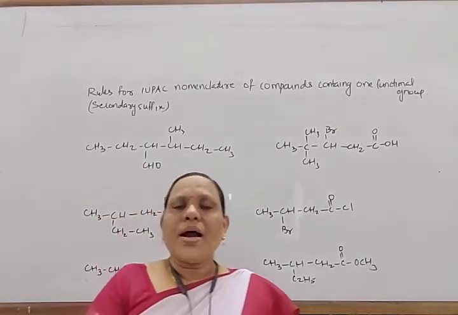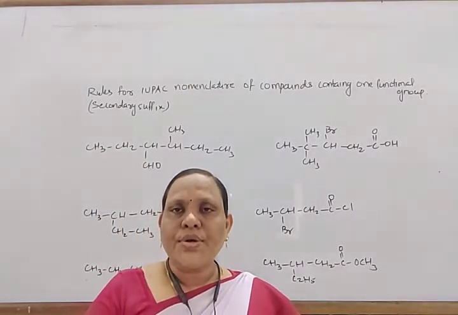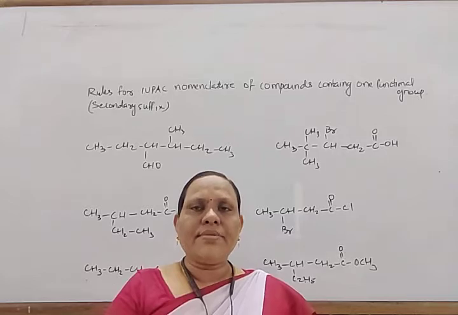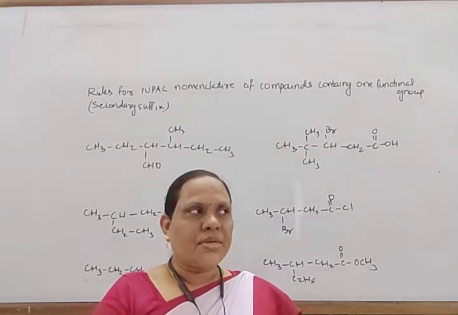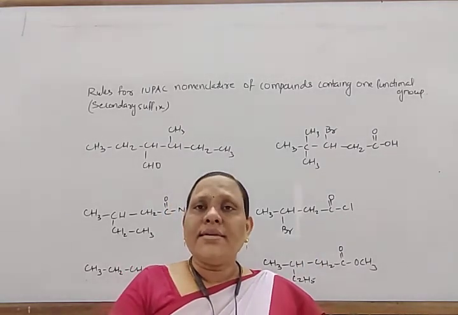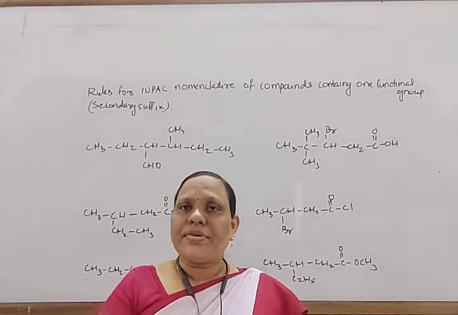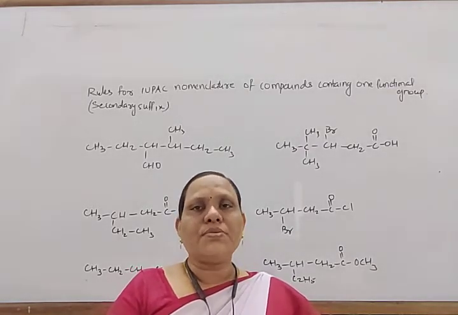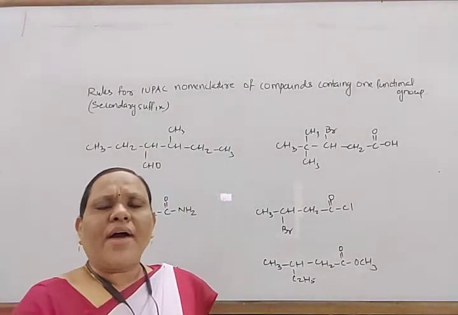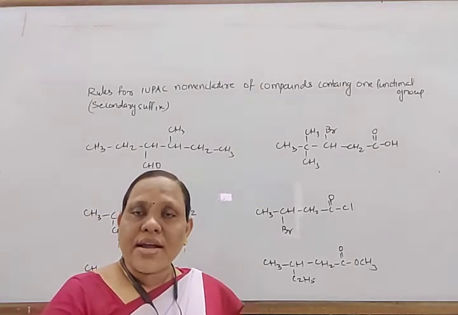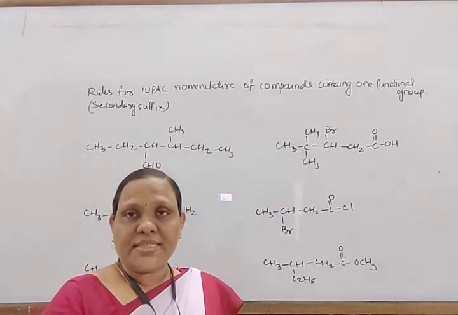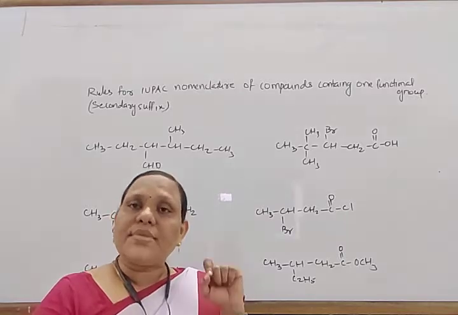Next come to how to write the IUPAC name of compounds where the functional group itself contains a carbon atom. If the functional group itself contains carbon and these are terminal groups, except the keto group, then the counting should always start from that carbon, because the functional group has more importance and should be given the lowest position. So if aldehyde, carboxylic acid, cyanide, ester, amide, or acid chloride groups are present, then counting should start from that carbon.